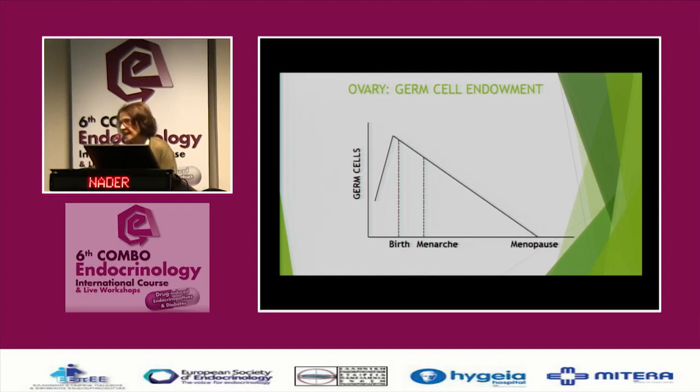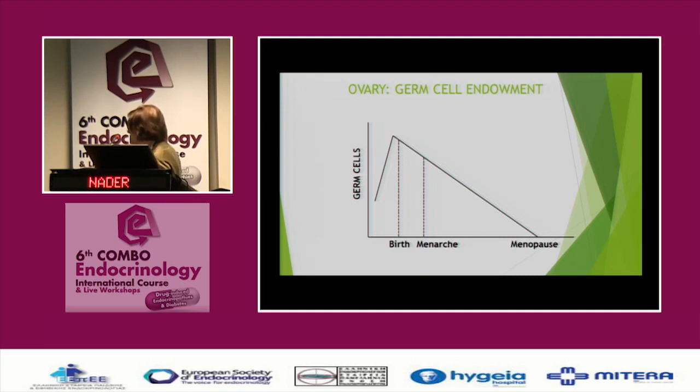Next topic, we're going to move down to the ovary. This is one of my favorite diagrams. A woman is endowed with a certain number of germ cells and effectively has no mechanisms for renewal. The peak germ cell mass is reached at 20 weeks of intrauterine life, and thereafter, by a process of atresia, apoptosis, the germ cell content of the ovary is essentially depleted by the time she gets to menopause. We don't talk about hormonal activity in a 6-year-old because the hypothalamic pituitary axis that controls the ovary is quiescent. It wakes up at puberty and remains active until old age.